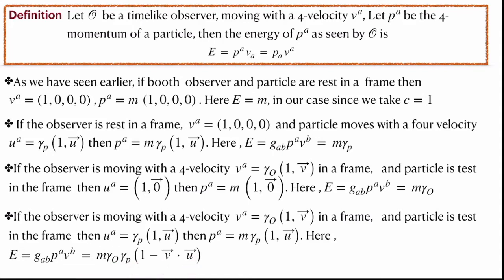So it's an interesting expression. The energy of a particle depends on the velocity and the direction of the velocity in which they move. If they are orthogonal to each other, then you don't see any change in the energy. On the other hand, if you are moving along the same direction, then you would see the maximum change in the mass. So it also depends on the magnitude of the velocity as well as the direction of the velocity in which both the observer and the 4-momentum are moving.